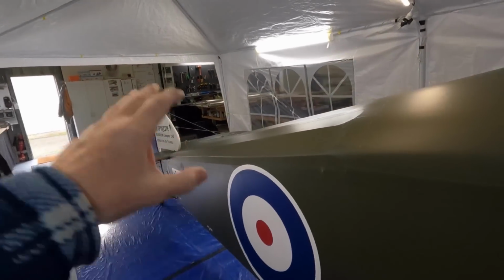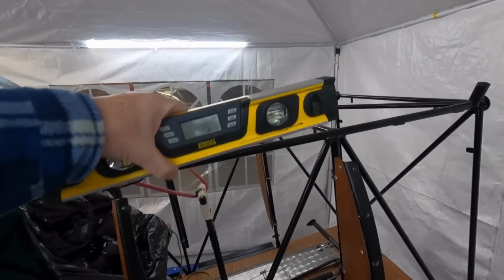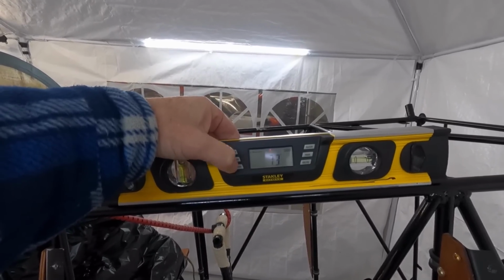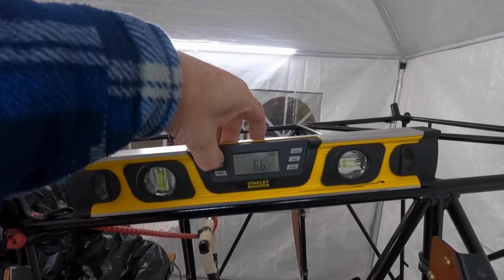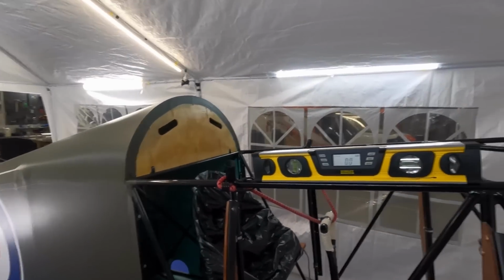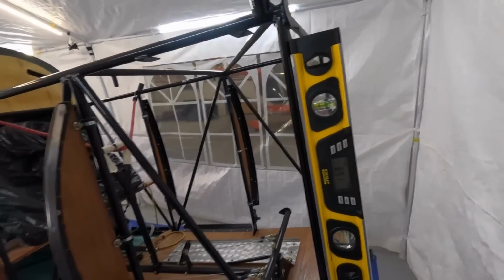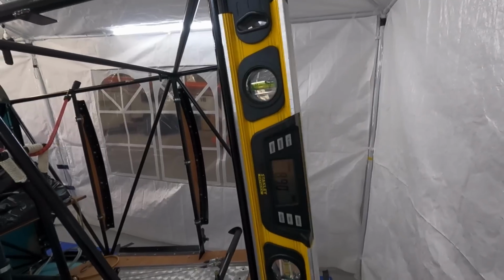Okay, the other thing was, hey, you need to jack your aircraft up to get it level, to get this longeron level. Well, it's 2024, guys. All you need to do is get your digital level on there, hit calibrate, reference, and it's now 0. So you don't have to jack the tail up. So that's now taken as 0. So for argument's sake, if I now put this on the firewall, I haven't done this, but that should be 90 degrees. There you go, 89.1, near enough. 89 degrees. Maybe if I roll it around,